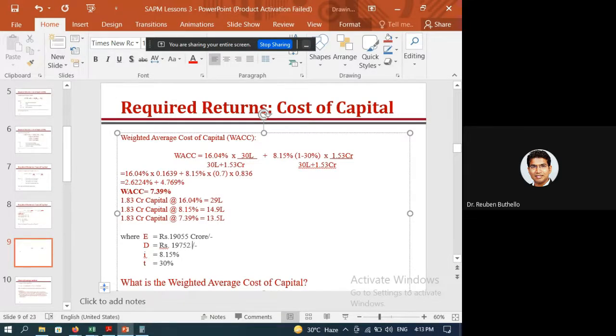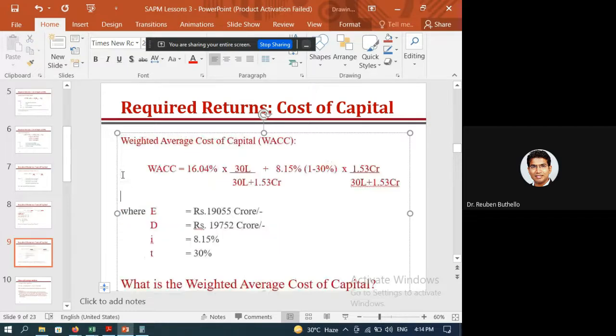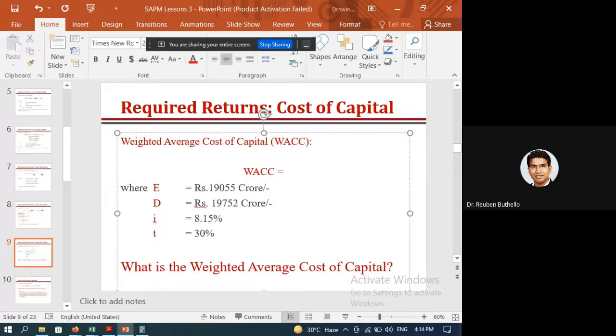19,752 crore. All right. So this is how the numbers are supposed to look. When you do the calculation, you will get a slightly different figure, but you can do it in your spare time if you're interested. I will just delete all of these figures right now. Yeah, so this is how the Tata's information should look.